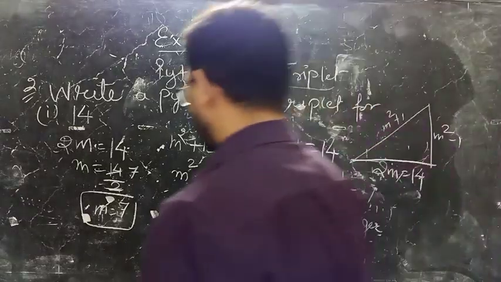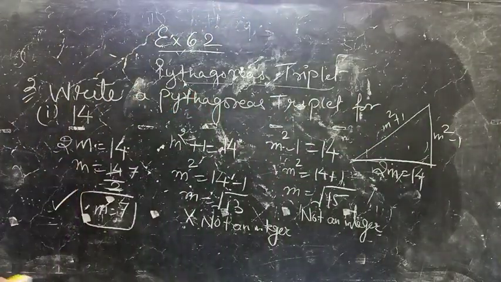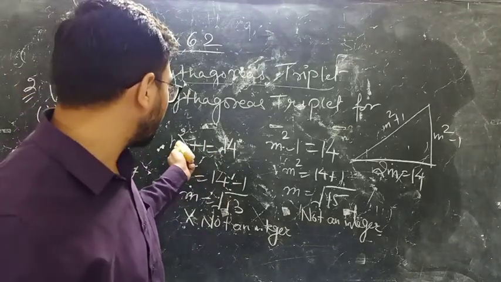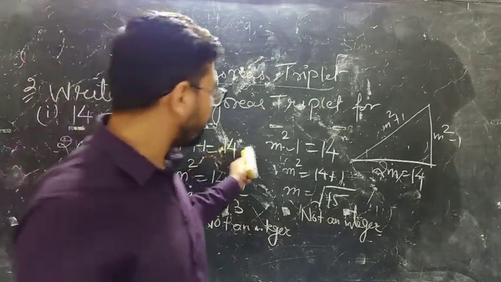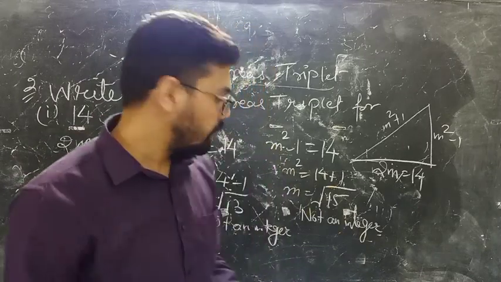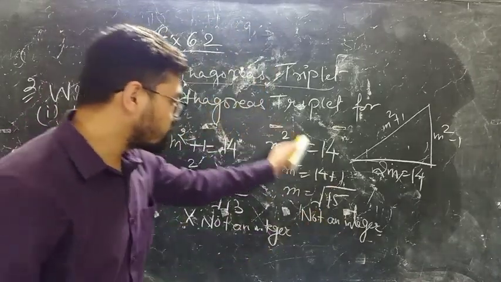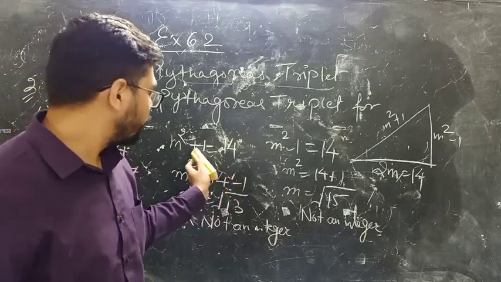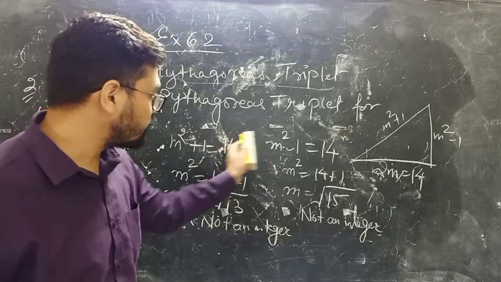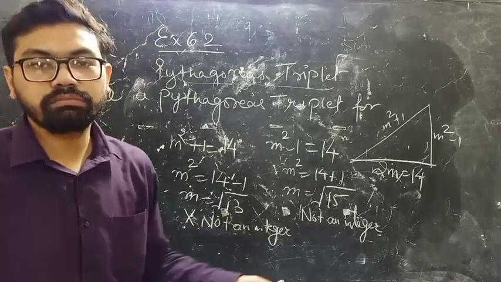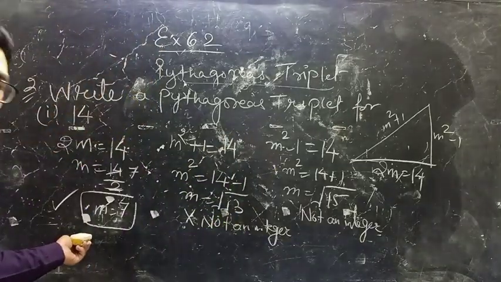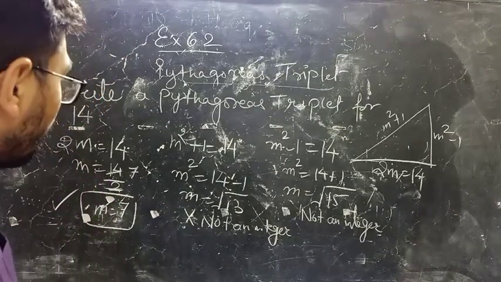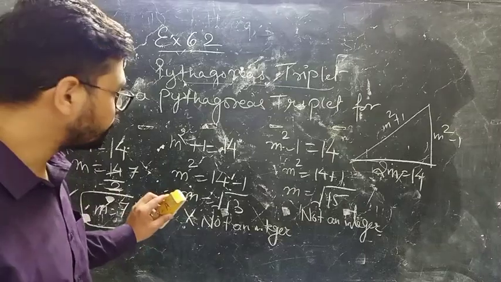Okay. So this is correct. You cannot write m square plus 1 equals to 14, or you cannot write m square minus 1 is equals to 14. The reason is the value after solving these two terms, or you can say value that you will get in these two cases is not an integer. Easy. But in this case you will get an integer, right? The value of m is an integer. m is equals to 7.